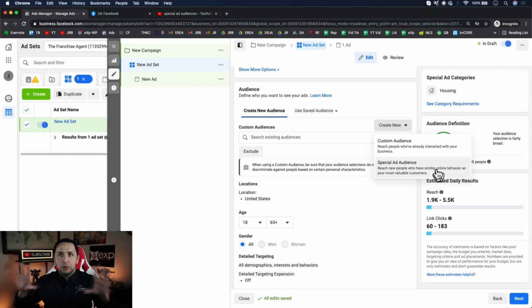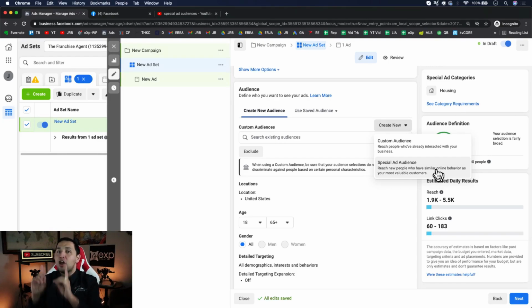So this is where we kind of have to pause. We were talking about the special ad category a couple of seconds ago. That's where we selected if it's an ad that has to do with credit, employment, housing, or elections. Those were the 4 categories within the special ad category. Terminology matters. This is important. So just understand that. That's why I'm breaking it down the way that I am. The special ad category has to do with those 4 categories. If you're advertising within any one of those categories, then there are some restrictions that we're going to cover in a couple of seconds.